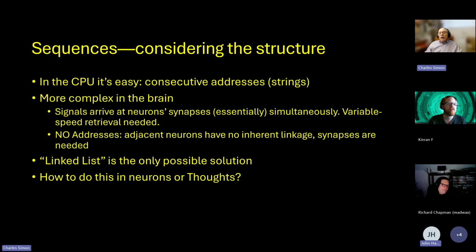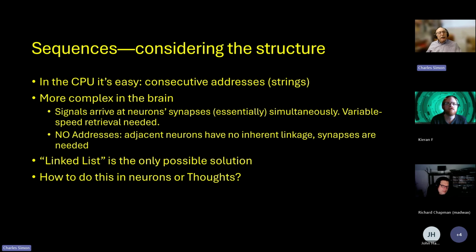An individual neuron, for example, might fan out to lots of attributes. So if we had a phytoneuron, it could fan out to brown and barky and hungry or whatever. But all of those signals arrive at their destinations at essentially the same time. But if you want a sequence, you've got to be able to pull things back in order, and an individual neuron cannot do that because all of its signals arrive at all of their destination synapses more or less simultaneously.